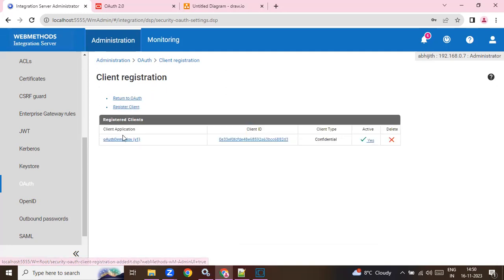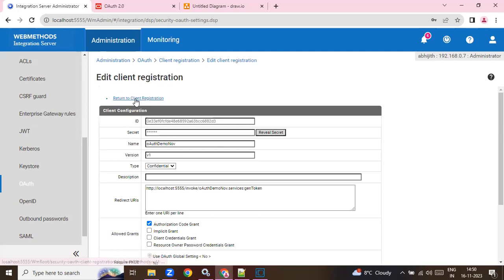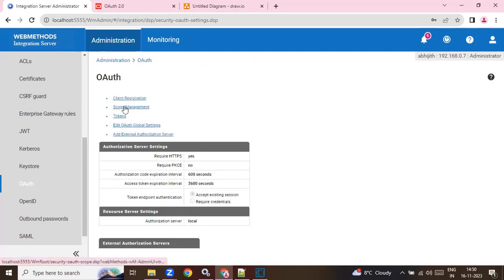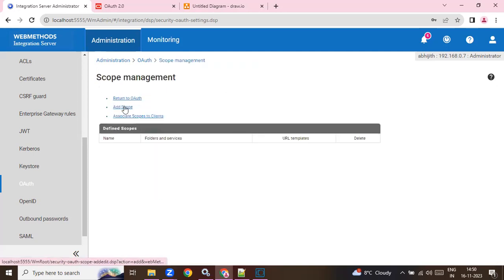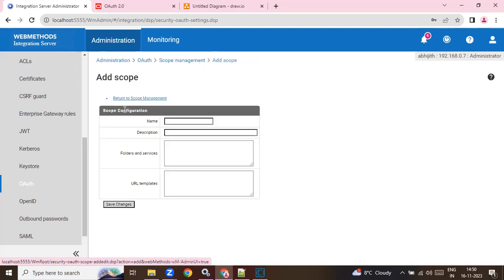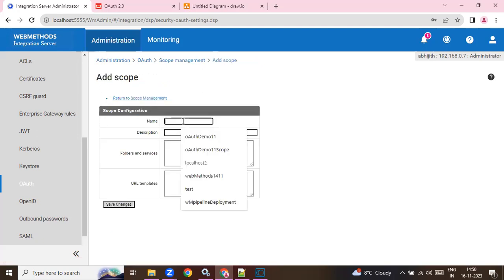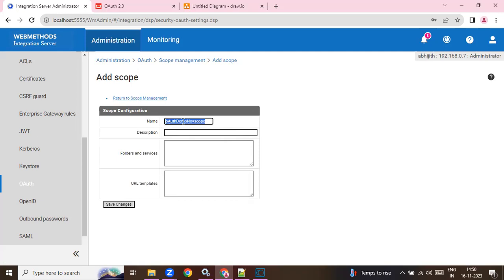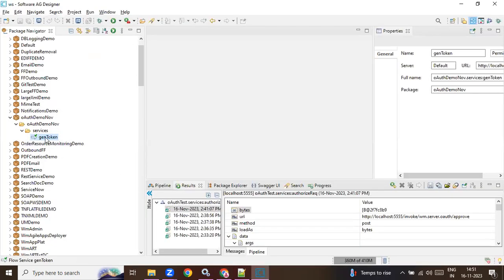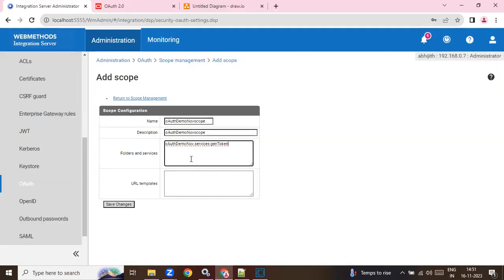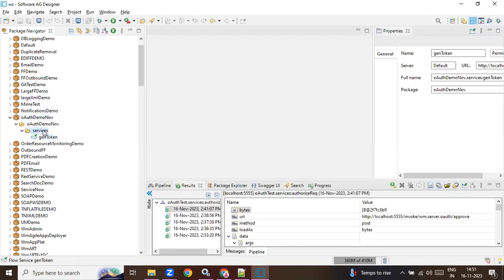Once I have registered, I'll get back and we need to map the scope also, right? I'll click on add scope. I'll give it a description and I'll say in the scope, this will be there. I'll create one more service also,